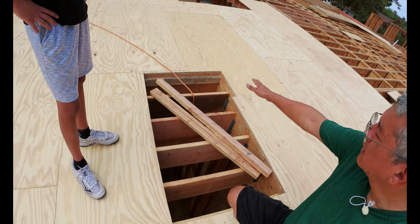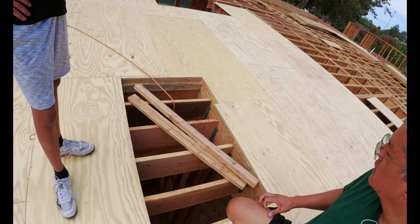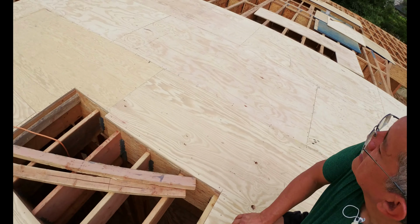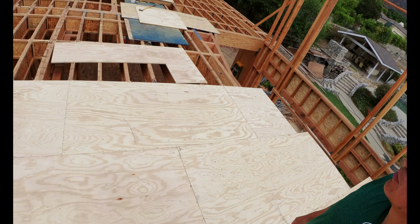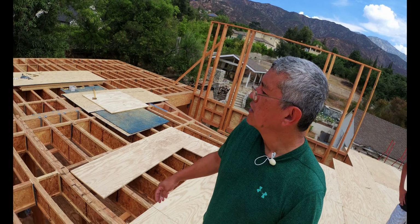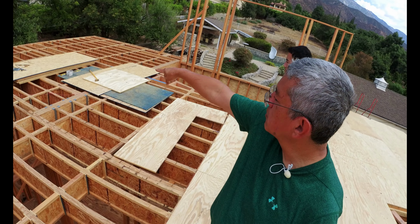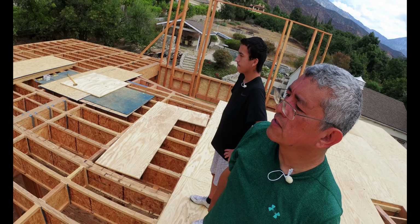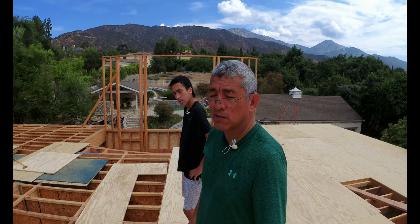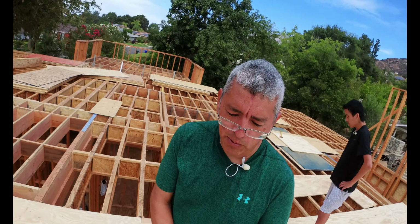Of course, we will waterproof this whole thing as well as the area out here so that we can avoid any water incidents. Yep. Essentially this house has curbless showers everywhere. There's another one there, another one there below the plywood, and there's one on the first story. So there are no curbs in the showers in this house. Yep. And another thing we wanted to show you